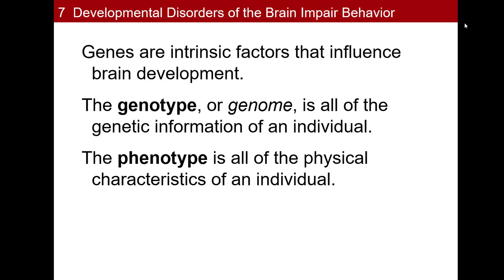Picking up where we left off, when we're talking about the development of an individual, we have to compare and contrast genotype versus phenotype. Your genotype is all of the genetic information that you have from biological mom and biological dad. You have 23 pairs of chromosomes, which means you have 46 chromosomes altogether, half from biological mom, half from biological dad, and the sum of all of that genetic information is your genotype. On the other hand, the phenotype would be the physical characteristics that we can see. So what do you look like? What abilities do you have? What sort of personality do you have?